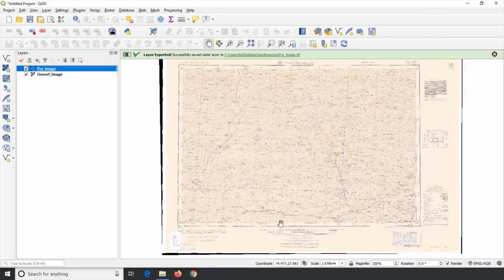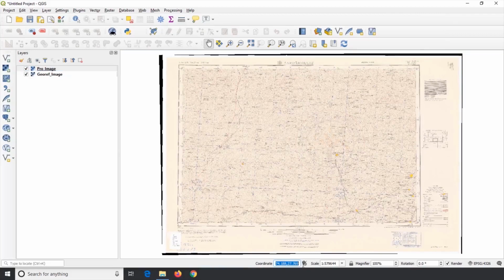Move the cursor on the map and see the coordinates on the status bar. Still it is showing the latitude and longitude values, which belong to geographical coordinate system. As this project was working with geographic coordinate system, it shows the latitude and longitude value even after opening the projected coordinate system map.